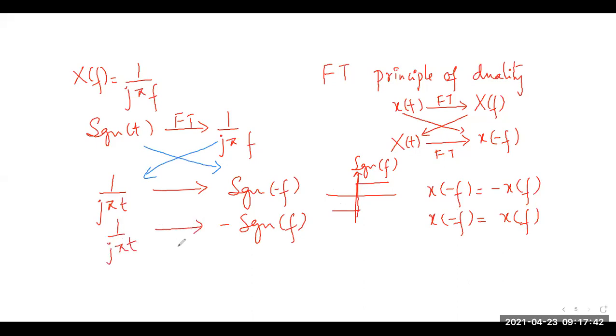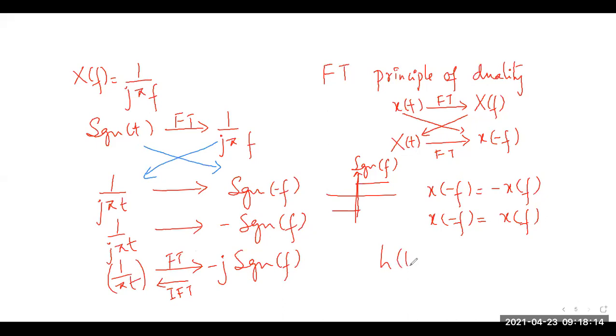j pi t, and over here 1 by pi t, minus j signum of f. So this is from time domain to frequency domain, that is Fourier transform. Or in other words, if I look back from this end, I got to apply inverse Fourier transform, and in fact we'll end up with 1 by pi t. So here the impulse response of